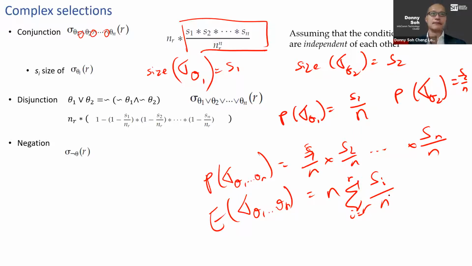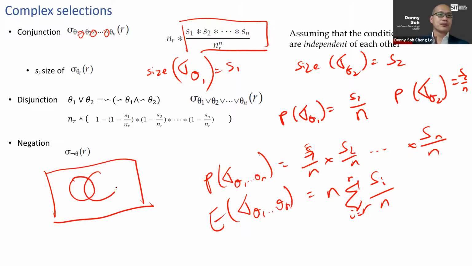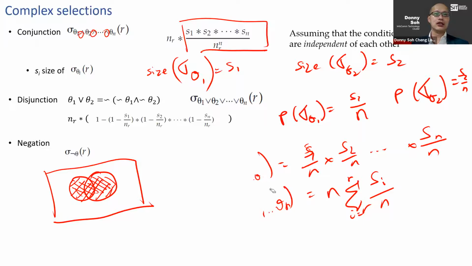The disjunction, right? It looks very complicated, but it is very difficult to see in this way. So it's a little bit easier if you look at it from this angle. Okay, let's look at the disjunction. Disjunction means theta 1 or theta 2, which is this entire thing. Okay, so if we only consider two attributes right now, let's look at them one by one. Okay, if we have a Venn diagram,